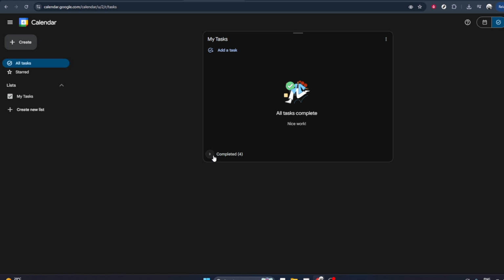In many cases, completed tasks will also become slightly faded or appear in a completed section, so you can easily distinguish them from tasks that are still pending. If you ever click the circle by accident, don't worry. You can usually click it